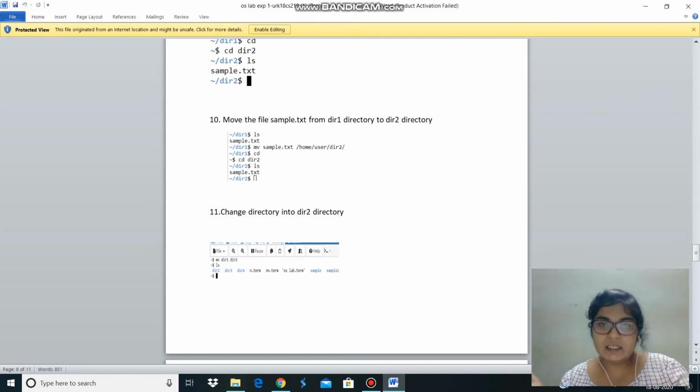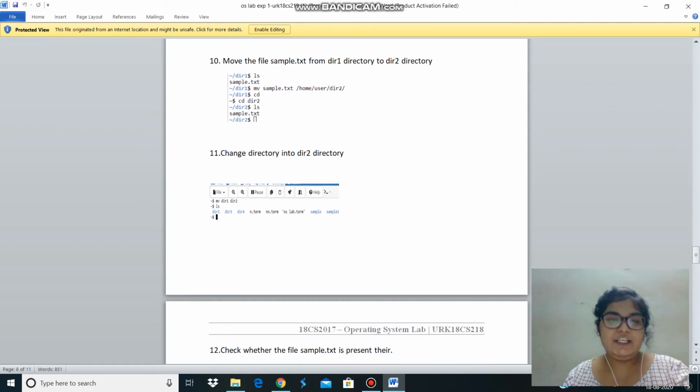We are moving the content from dir1 directory to dir2 directory. First we will check that there are directories dir1 and dir2. The ls command is used, and then we'll move the contents by using the mv command, then cd dir2, then ls, then we can show that they are moved from directory 1 to directory 2.